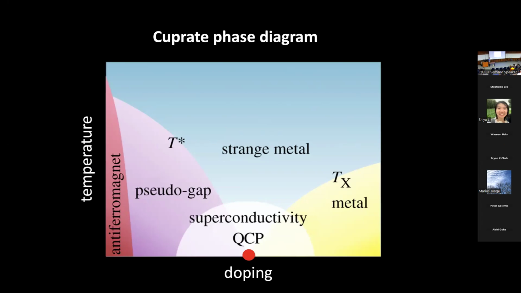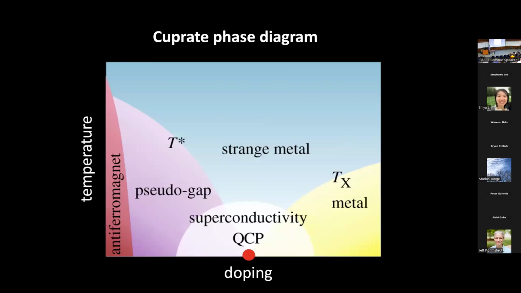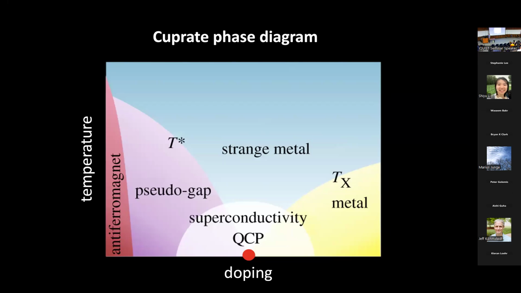And we can start here in this regime where it's undoped, or we can call it also half filling. There in the cuprates, you have these strong interactions where this ratio of U to t is large, and those suppress density fluctuations, and you end up with one atom per site. This is a state known as a Mott insulator. And then if you lower the temperature of the system, then spin interactions kick in.